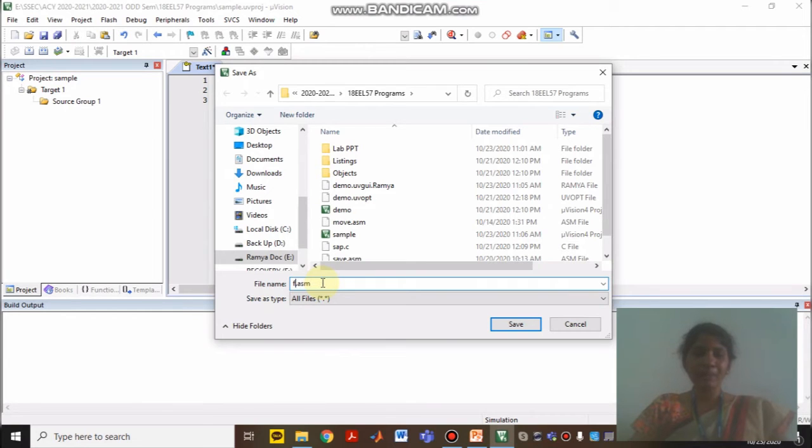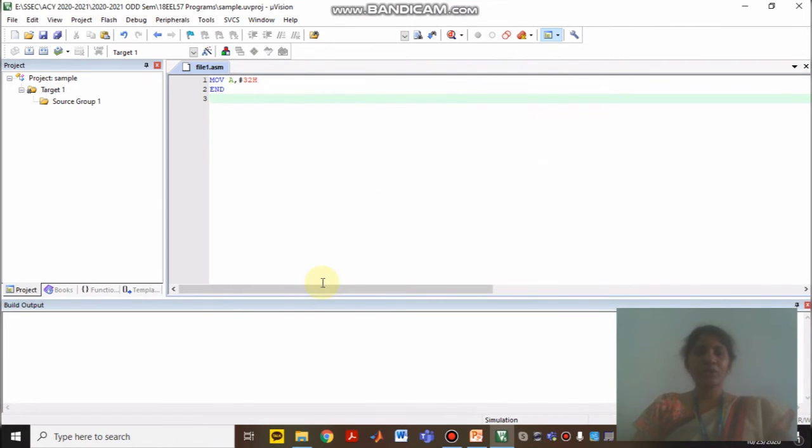Now this is a sample program, right? So you can write it as sap.asm, or tick.asm, anything you can write. Here I'll be naming my file as file1.asm, which has 2 codes.